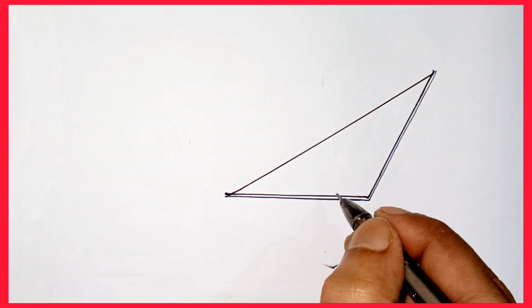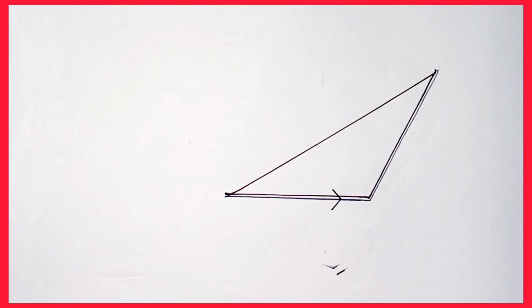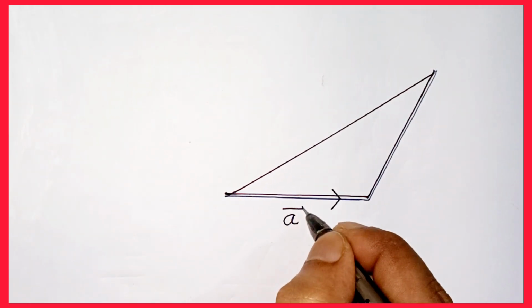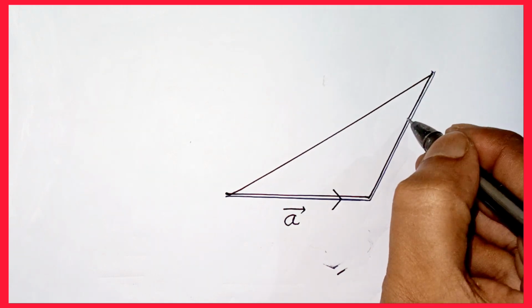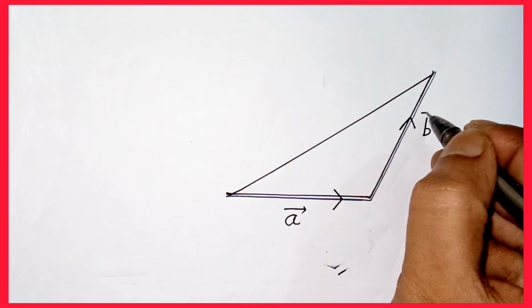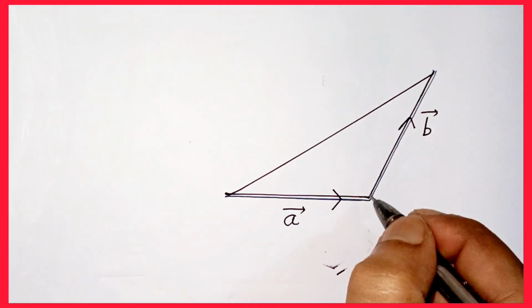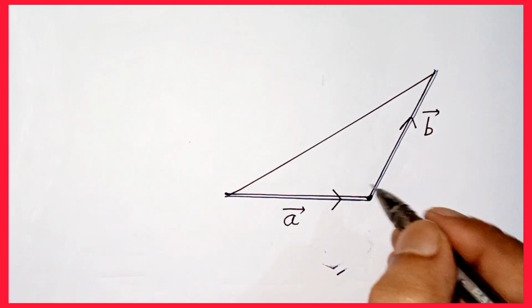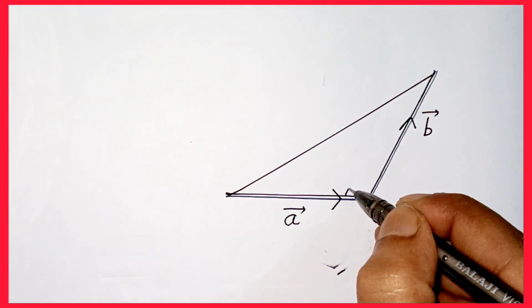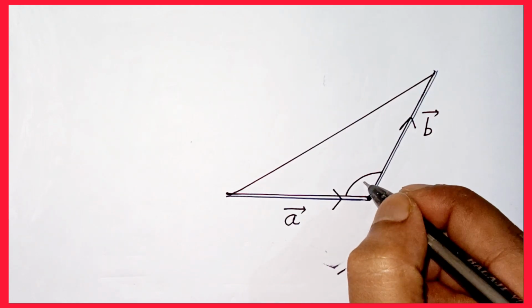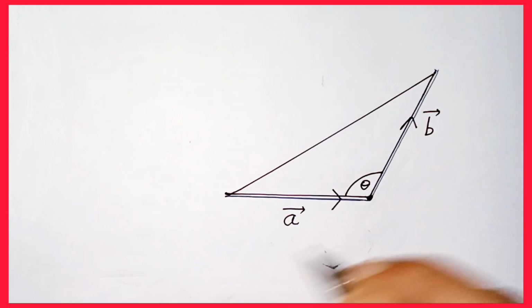Let's first draw a triangle. So this is our A force, or you can call it A vector, anything, whatever you want. And this is B vector. Look, here the direction of the two given vectors is anti-clockwise. You can also draw it clockwise. But remember, if two sides of a triangle represent two vectors A and B, and the angle between the two vectors